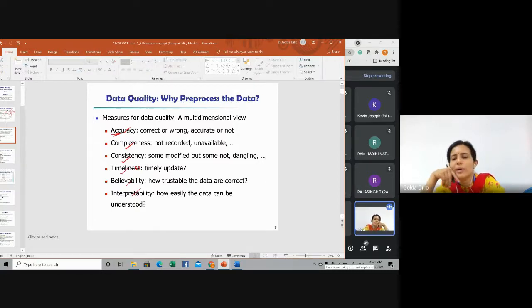Please make a note of all these things. These are the dimensions of data quality. Data is said to be of certain quality if it satisfies the requirements of the intended use. So if it is accurate, complete, consistent, timely, delivered on time, believable and you are able to interpret it, then you can say the data is of certain quality.